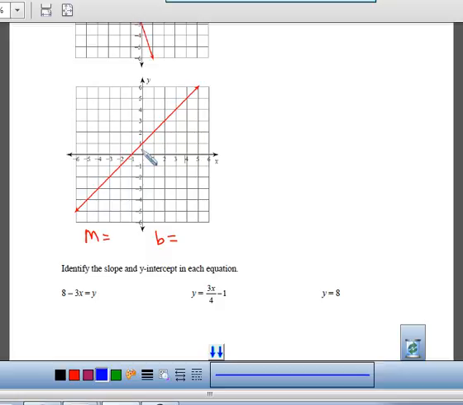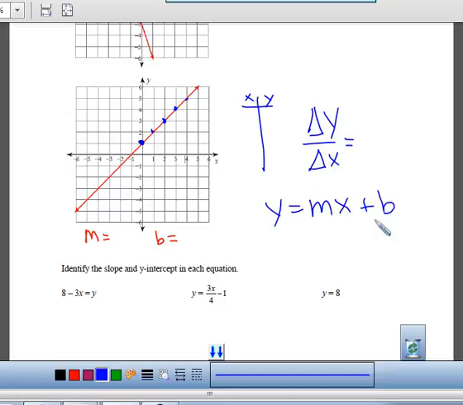Okay, so b, remember, is the initial value, and it looks like it's there. And I'm not going to write it down. I'll set up a little mini table. And it looks like we have a whole bunch of points that we can use to help us find our change in y over change in x. And that will help you find m. And then you're going to put it in y equals mx plus b form. Meaning, once you have m and once you have b, it should be y equals some number x